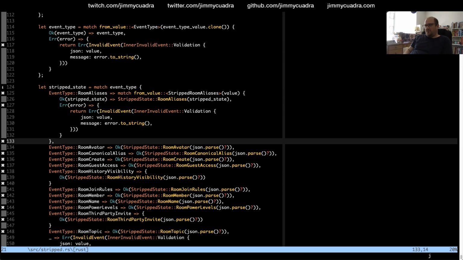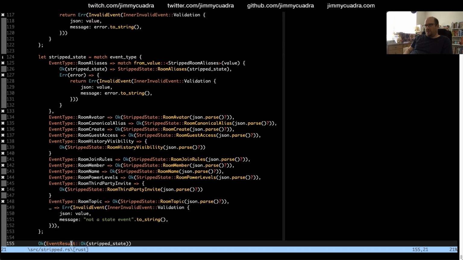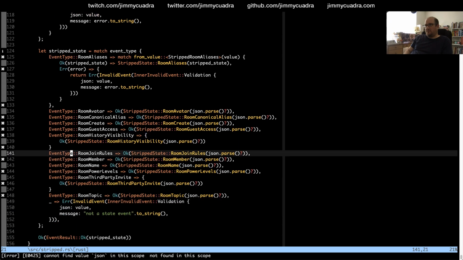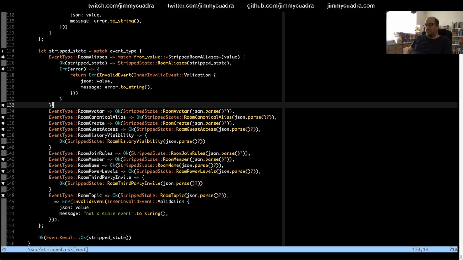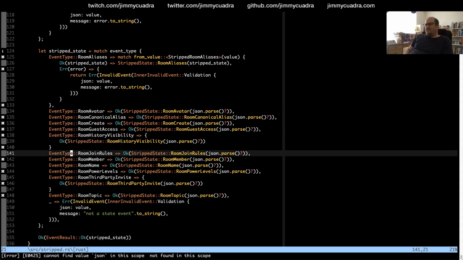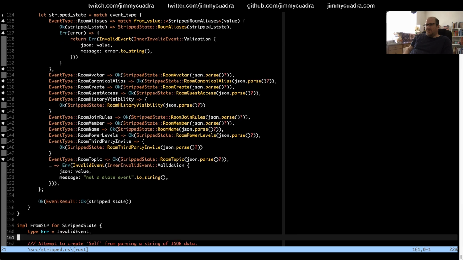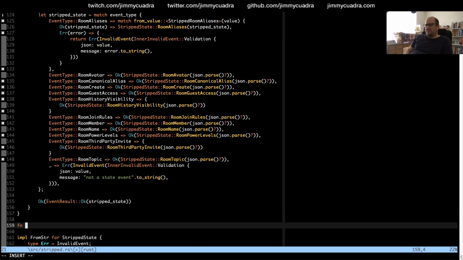So I basically want to do exactly that whole block for all of this stuff. Let me try pulling this out into a function. Just call it extract.